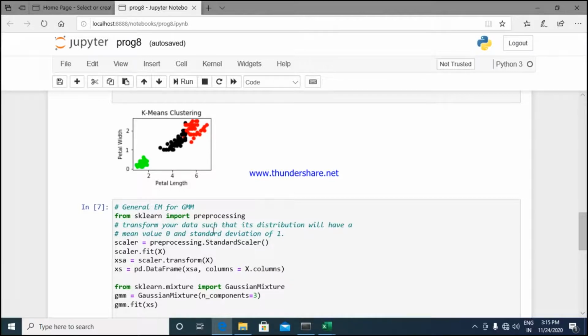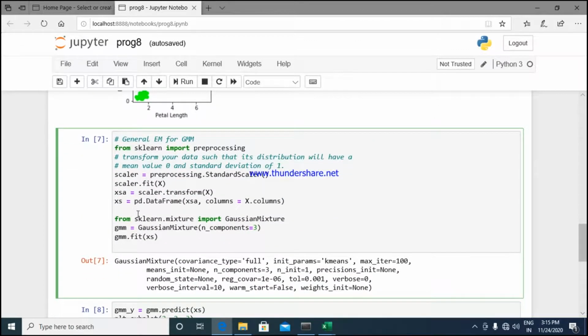I make use of what is called the Gaussian mixture. Scaler is equal to preprocessing StandardScaler fit. I am fitting the data here, and then the fit value is GaussianMixture. Covariance type is equal to full, init params is equal to kmeans, max iterations is equal to 100, means init is equal to none, n_components is 3, that is nothing but your clusters, and precisions init is none. Random state can be none, or it can be full values also. So these are the variables which are available in the Gaussian mixture.